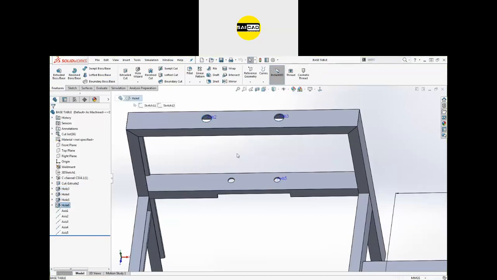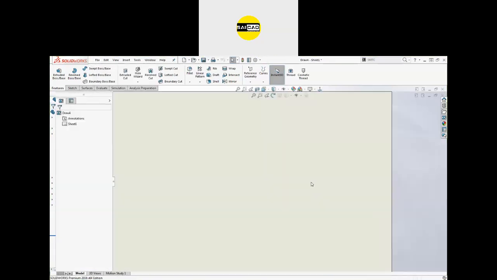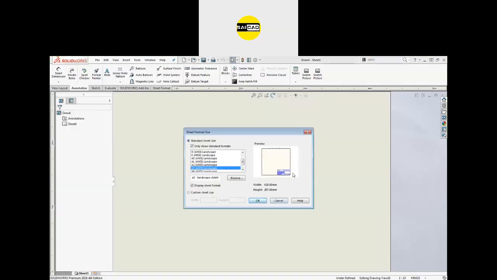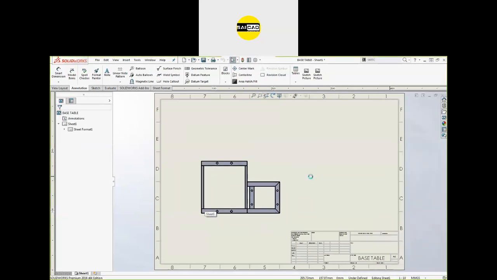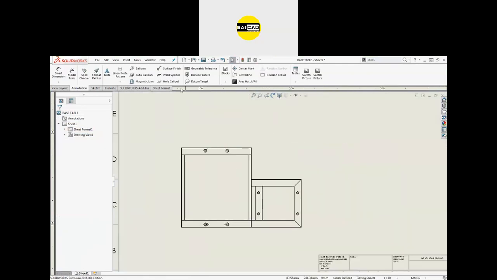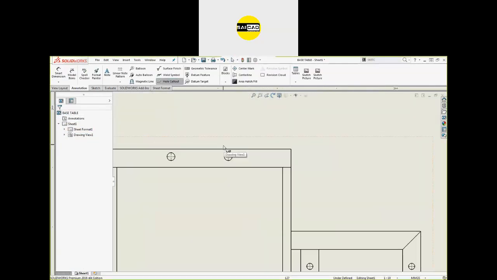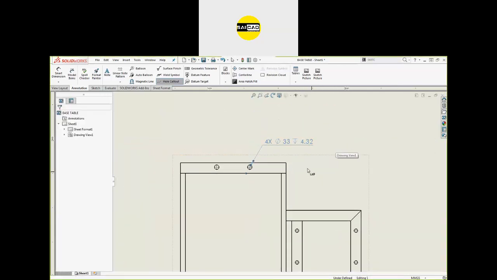Okay, I have some holes here made with the hole wizard. I need to create a sheet. So I have a drawing here, you can go to the hole callout, and there is the option. You can just define that. You can see this is 4 into diameter 33 and the depth is 4.32, like that.